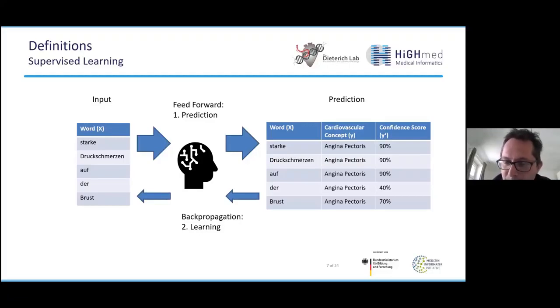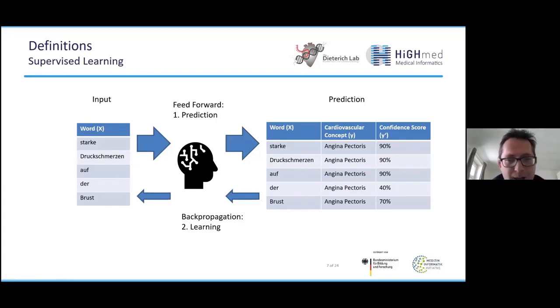So if the error rate is larger, for example, like for the last 2 tokens, we have to adapt a bit more than for the other tokens, of course. So we can see here that we can do this process iteratively, as long as we are achieving a sufficient optimum for us.